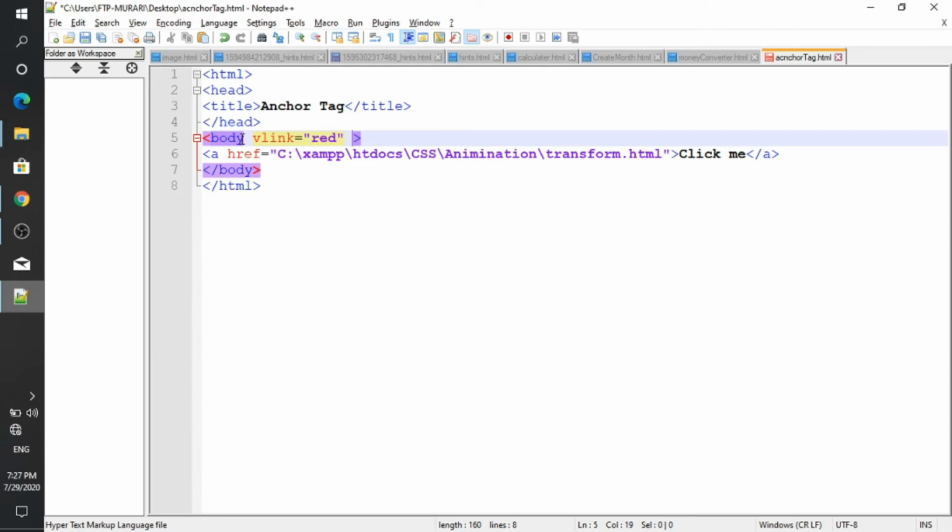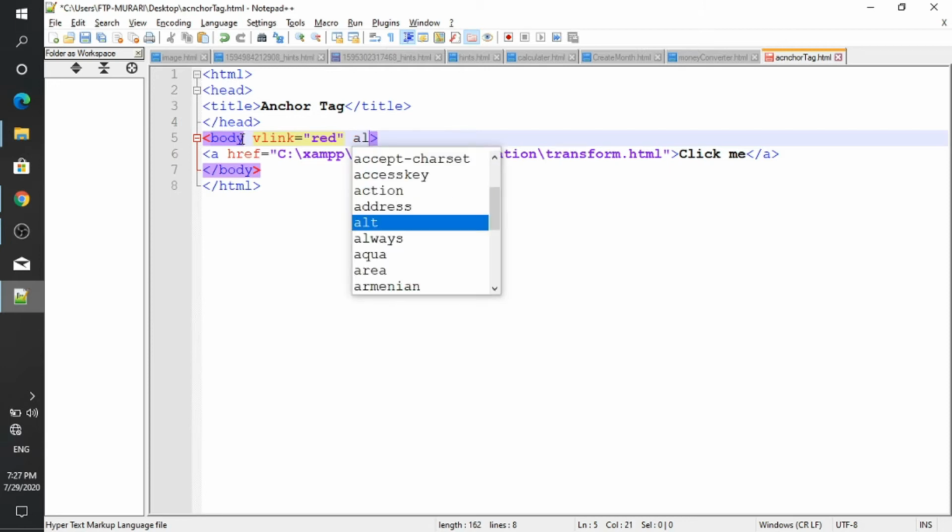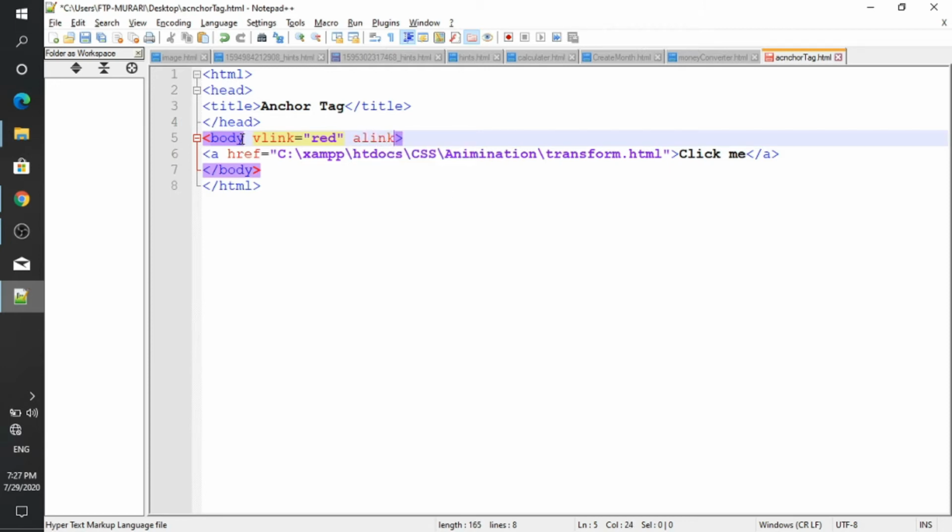If I add alink, in double quotes, yellow. Control S to save and refresh the page.